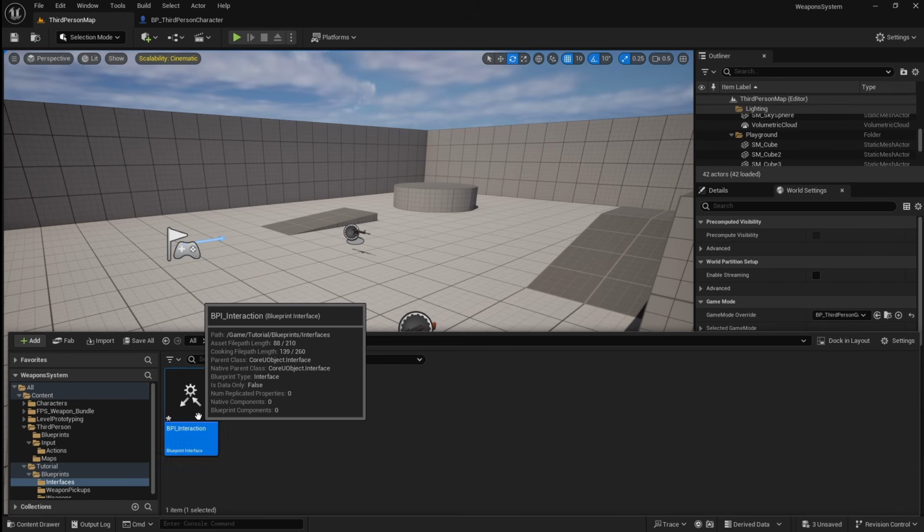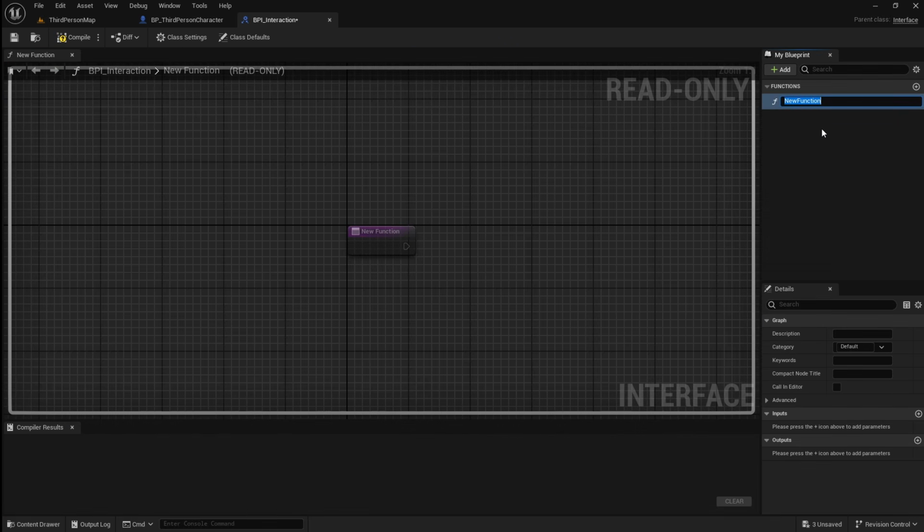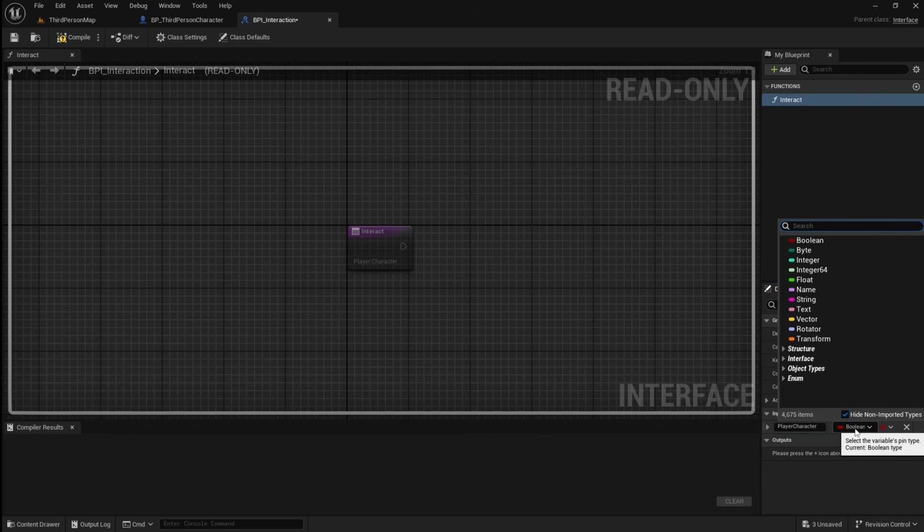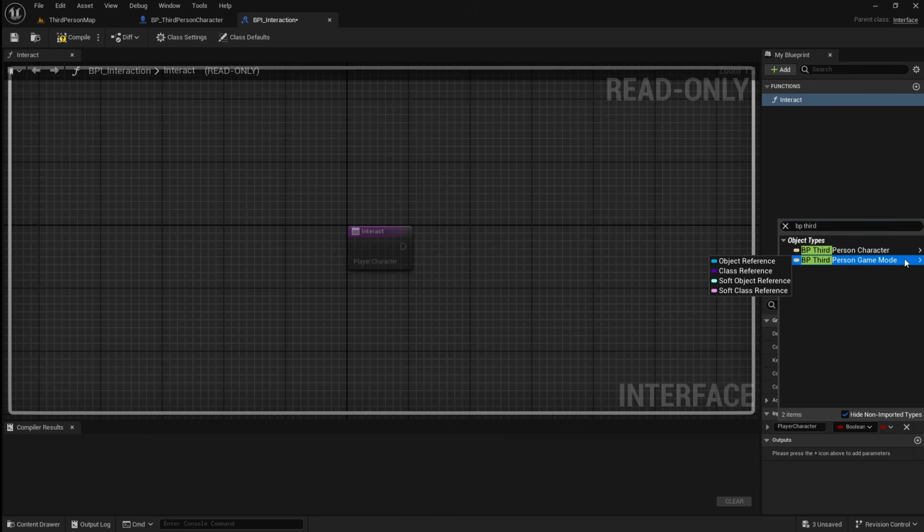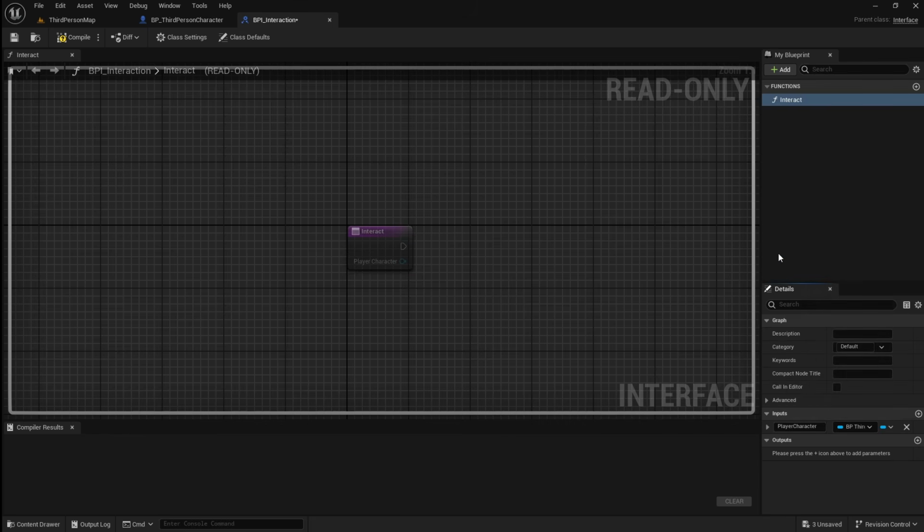Then open it. Name the function interact. Then click this button to add a new input. Name it player character. Then set the type to your third-person character. Make sure that this is an object reference. This is all we need to do for this, so you can just compile and save, then go back to